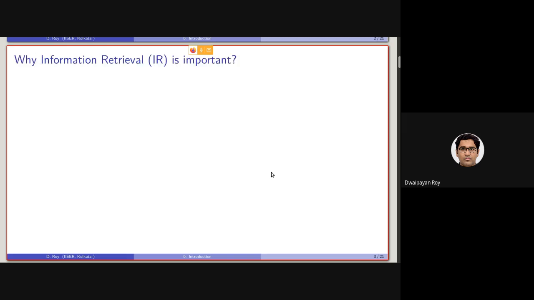So why is information retrieval, which is in short called IR, important? Why should we be studying all these things? As you may already understand, the majority of the information being generated by human beings is natural language text.